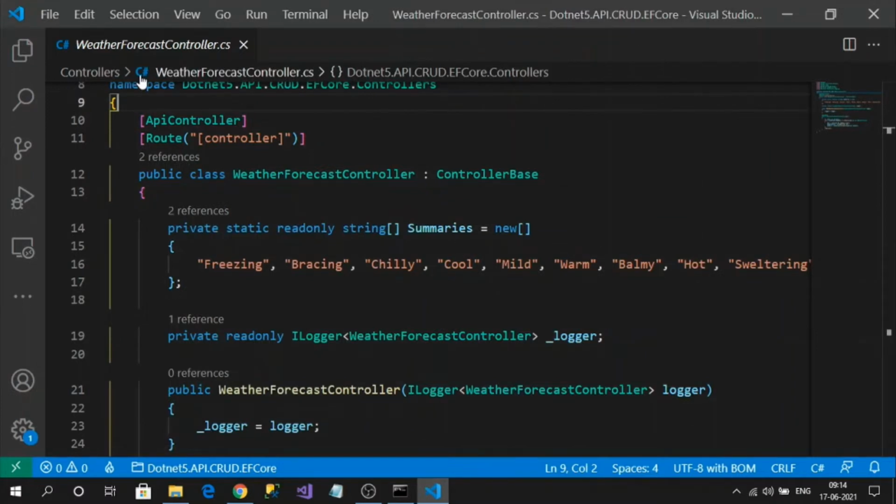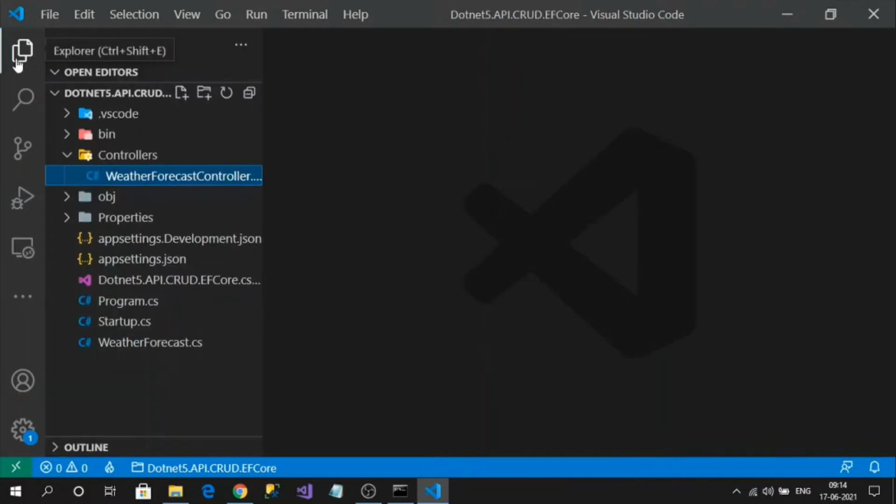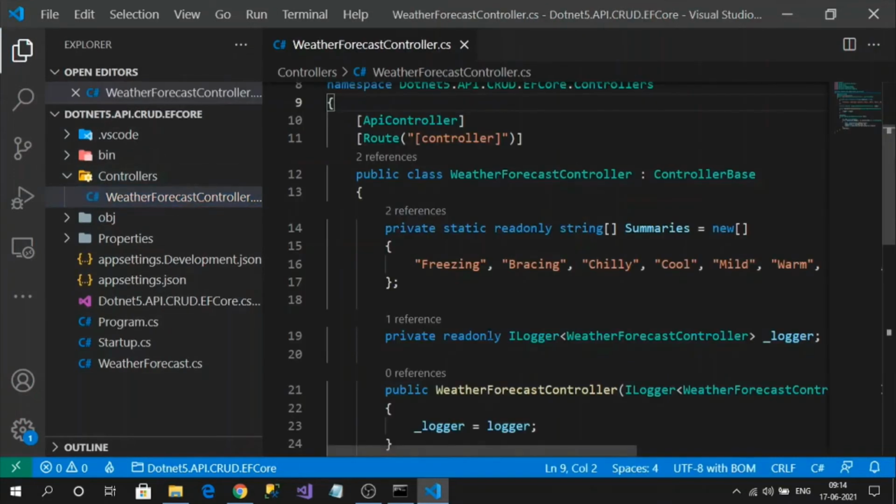Next thing is, here it is using the weather forecast with some static data. But for our sample, I want to use a database, communicate with the database, and fetch the data into my application.